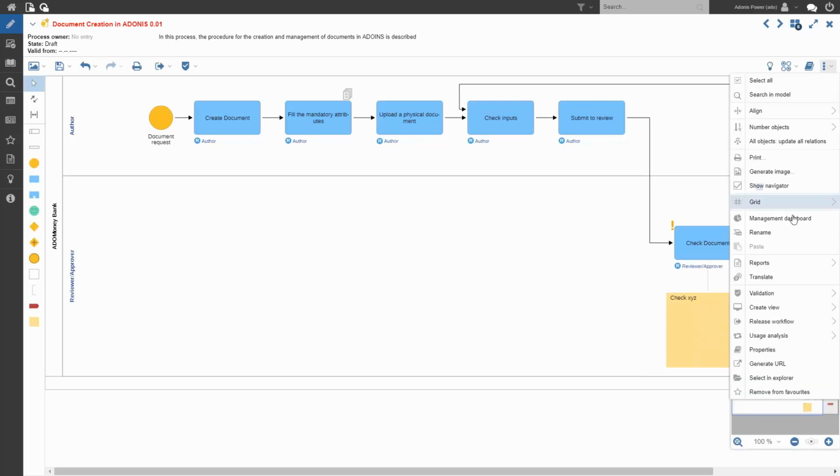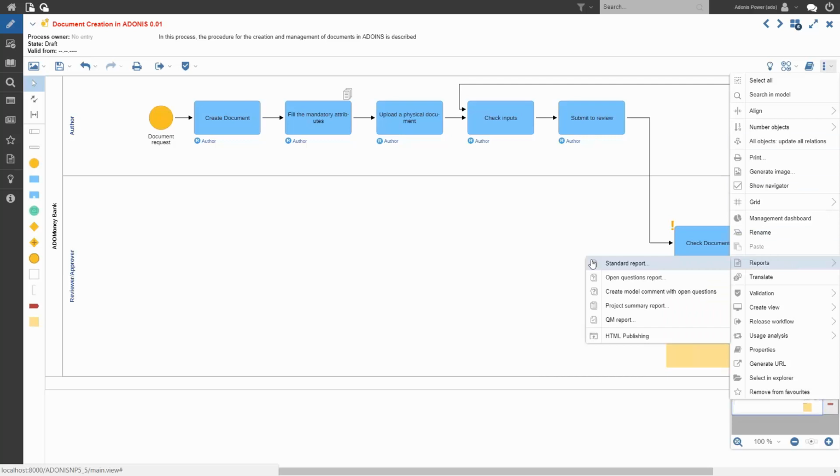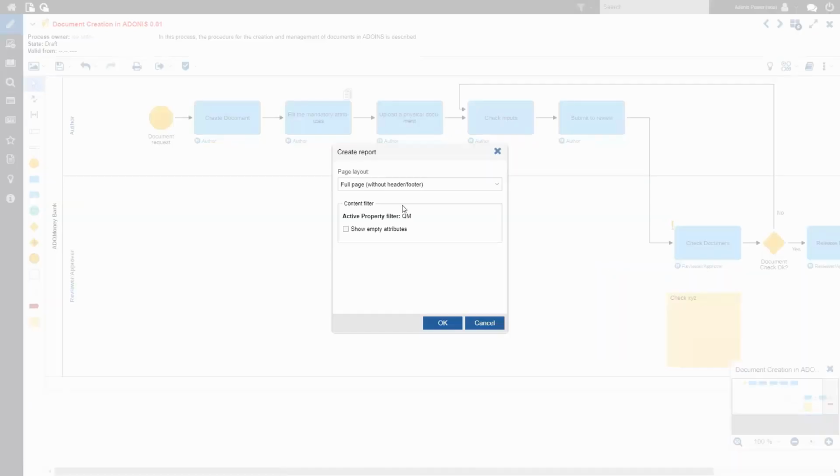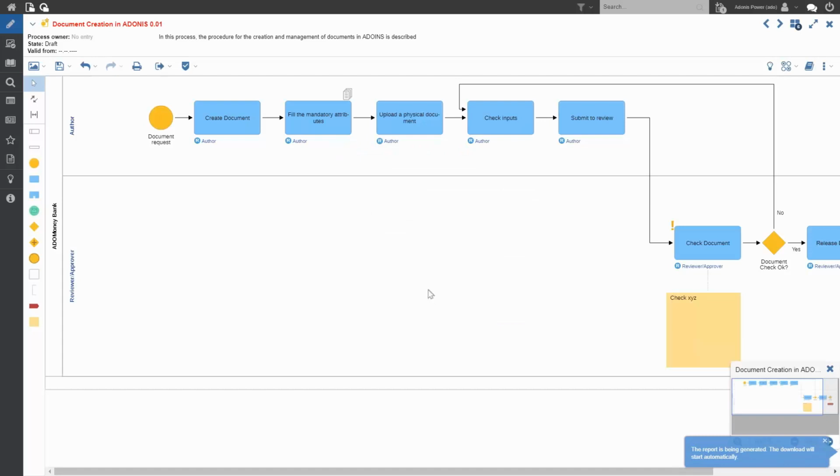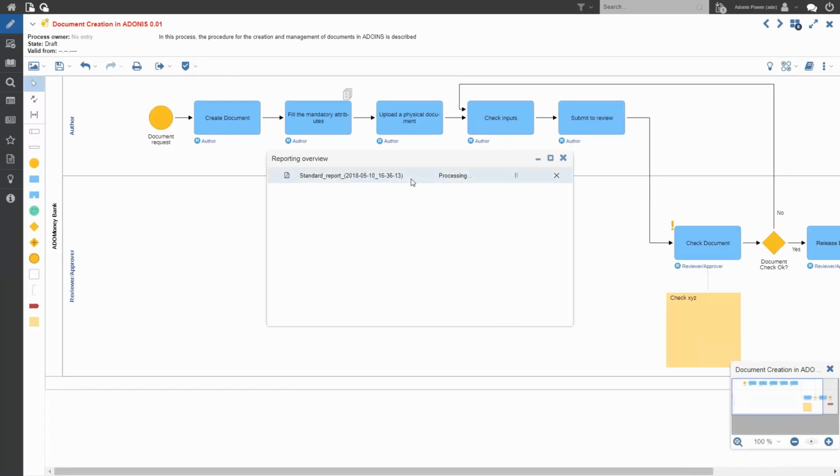So we can just here run a standard report for this process that we had. We can include the header and footer, and we can also decide to show empty attributes as well here using the content filter.